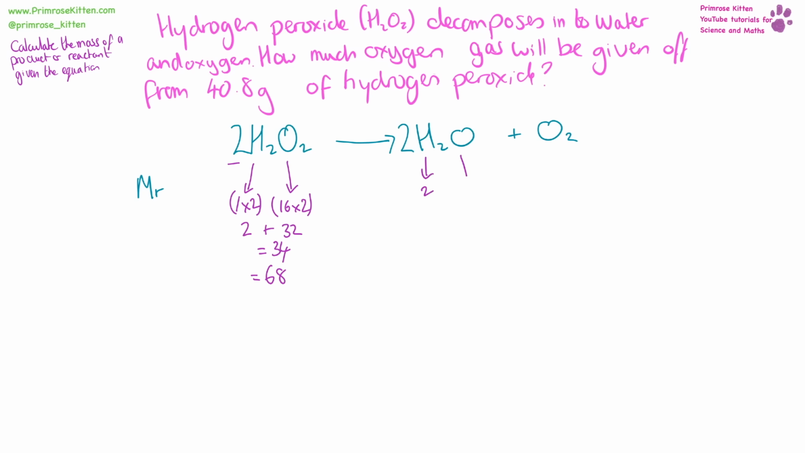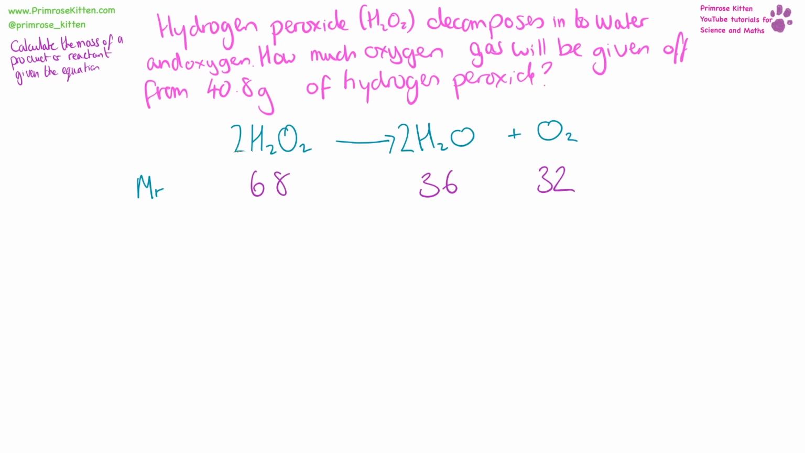Hydrogen is 1 times 2, equals 2. Oxygen is 16. 2 plus 16 gives us 18. 18 times 2 gives us 36. And then oxygen is 16 times 2, giving us 32. So we can say that if we had 68 grams of hydrogen peroxide, it would decompose into 32 grams of